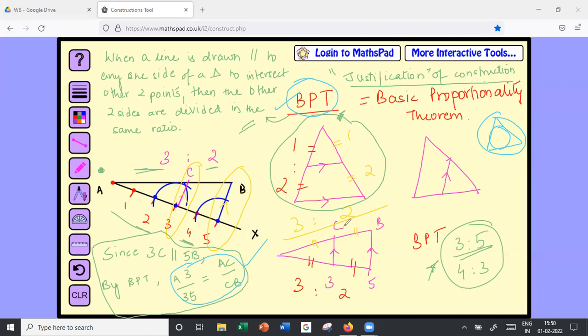Ma'am, I have drawn the two diagrams. Now, which part do we have to write? The upper part or the lower part? So this is basically the statement of BPT. You will find it online or in your grade 9 books also. This is the statement, in mathematical terms. What I've highlighted in blue are the keywords. You can decide how you want to remember it and write it like that.